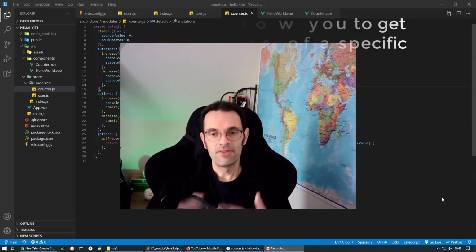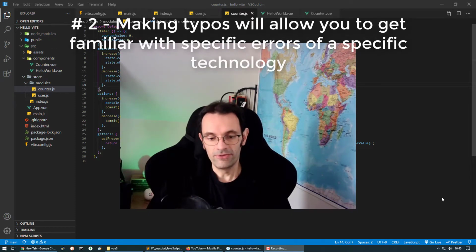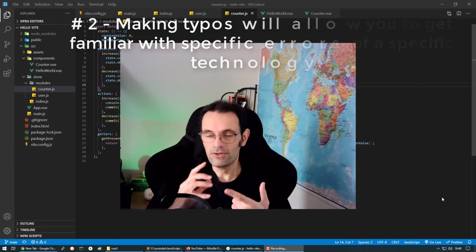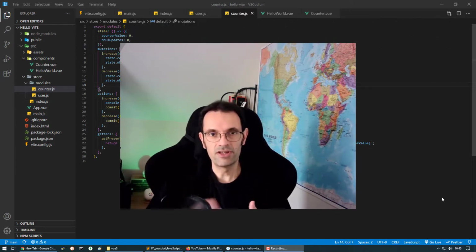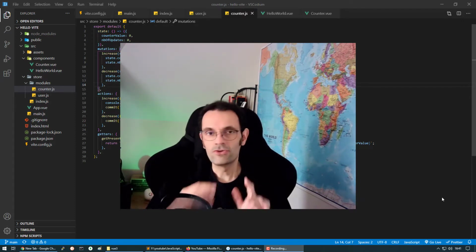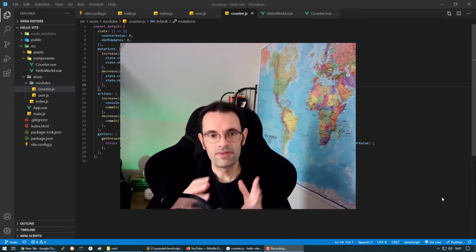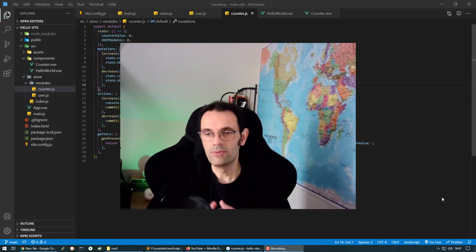Second, you will realize that even typing other people's code will result in errors, because you will make typos. By doing these typos, you will see error messages and you will get used to these error messages. What is important is that then when this will happen during your job or during a mission, you will have the intuition of the solution of a specific error, because simply you would have met this error before, because you